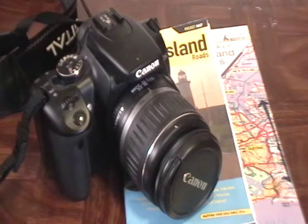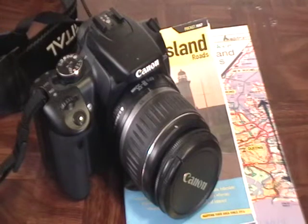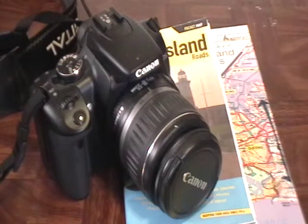Now, as you can see here, we have these maps. I've gone over the maps before in a few videos. You marked them up, you got them all ready to go to help you out, but you may not live in the areas you've marked off. Of course, you're going to mark up the area you live in as well because you know it. But you may mark up an area you've been into a few times in your life, or maybe you go there often enough, but it's not your regular haunt, so to speak. Whatever it may be,